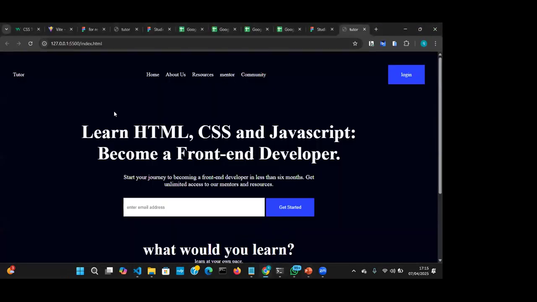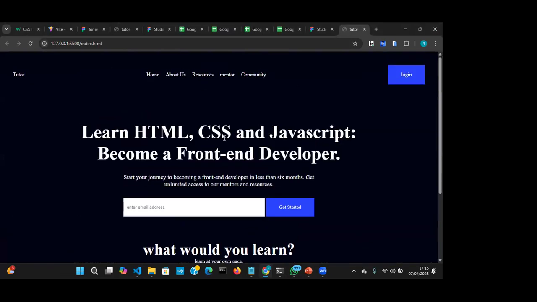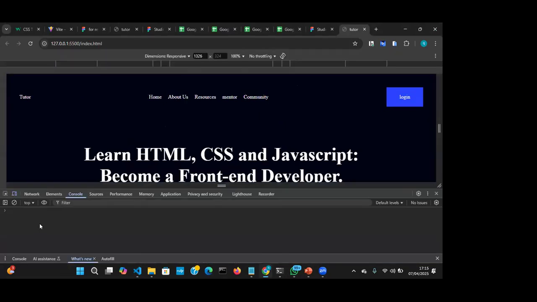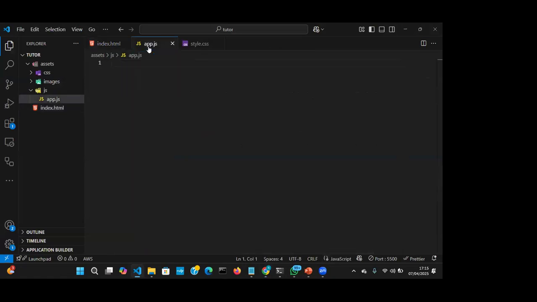All right, so most of us might just know the browser tab. This is a tab in the browser. And some of you may not know that there's a place called the browser console. To see the console, you press Ctrl Shift I, and it takes you to what they call the browser console. So if I want to display something in my browser console, like welcome to JavaScript